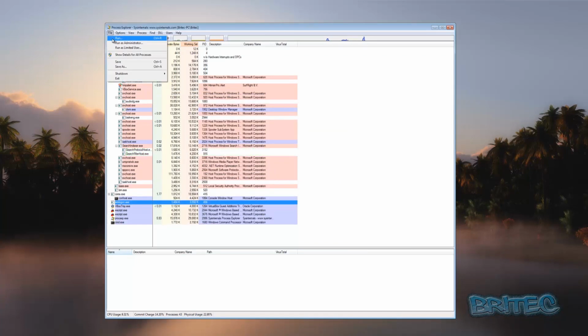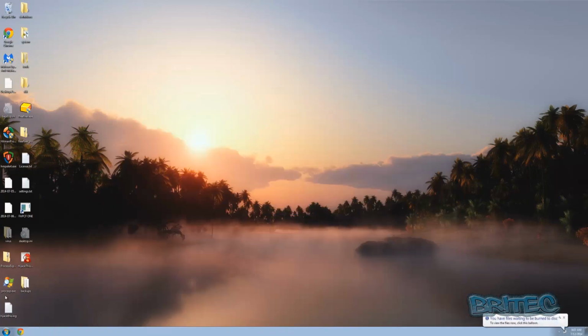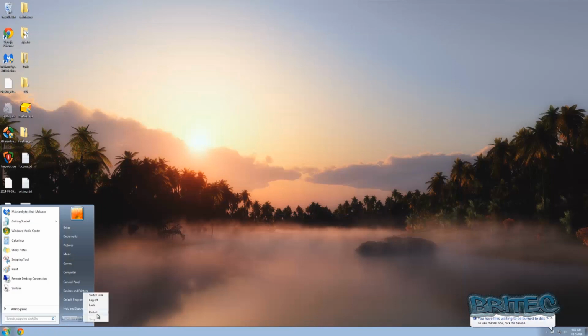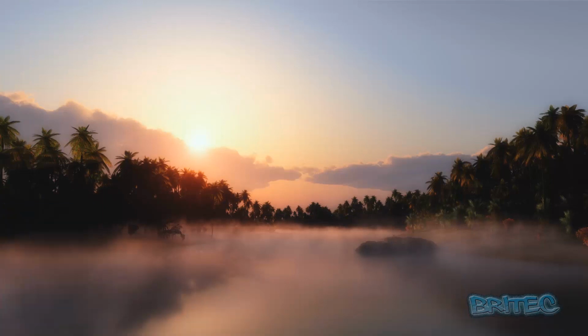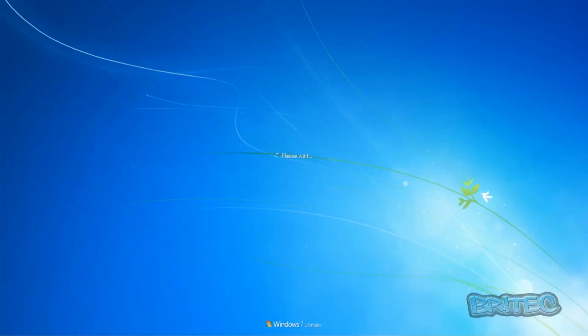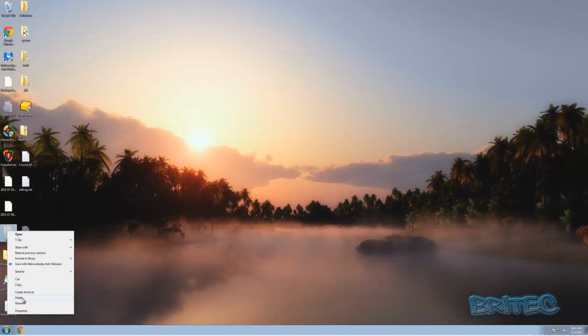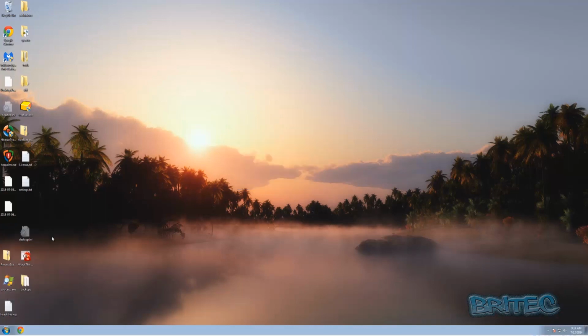So the first thing I want to do here is type Explorer up there and then reboot. So we're just going to quickly reboot here, and let's restart our machine. Okay, so let's delete that virus folder there. We'll add some stuff in it, empty the recycle bin, and we're going to run a scan with HitmanPro and